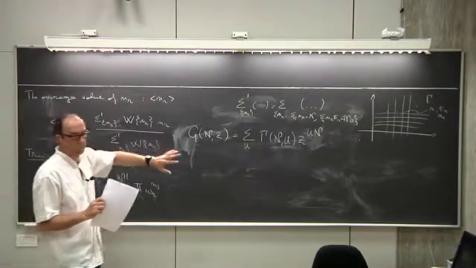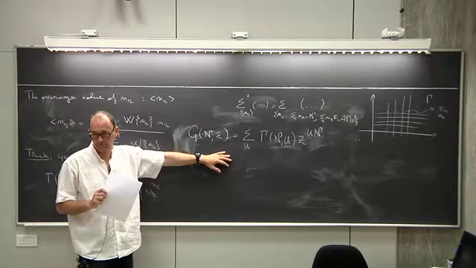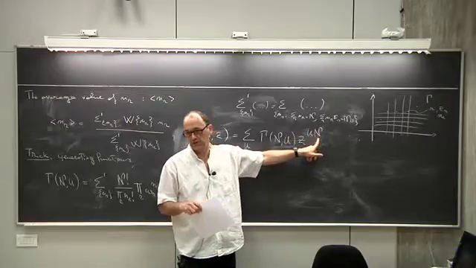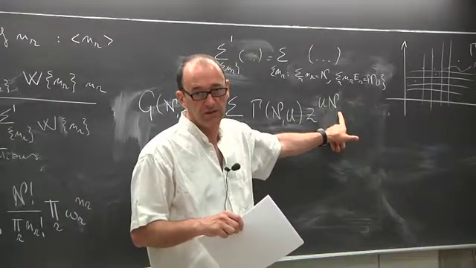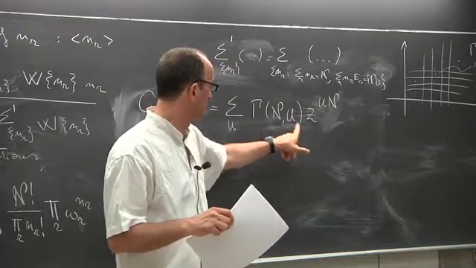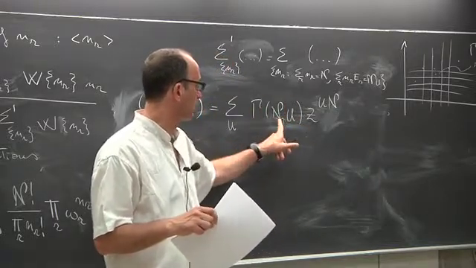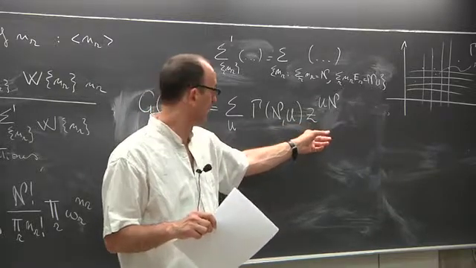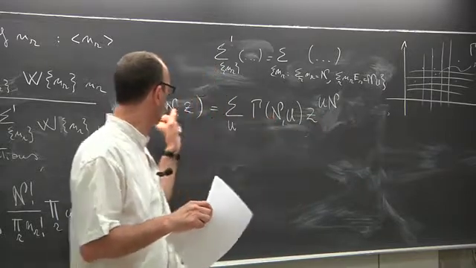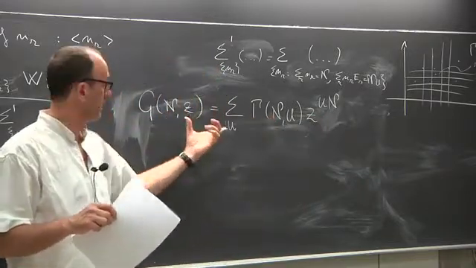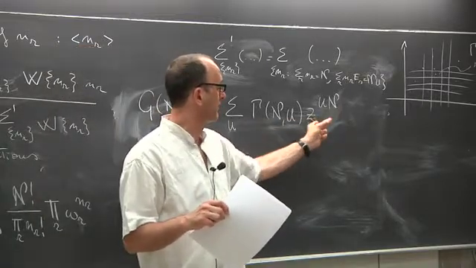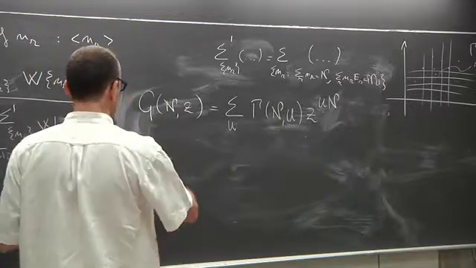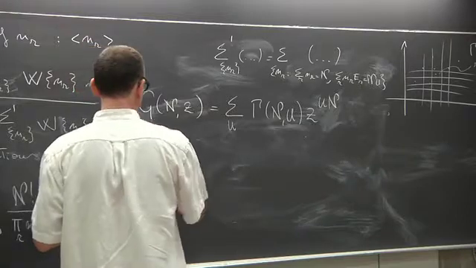Now imagine that I can compute this function here. And imagine that the values of the energy are such that u times n is an integer. Then all I have to do in order to compute this number is to get the Maclaurin expansion of this function and compute the coefficient of z to the un in this function. And this is given by the formula,